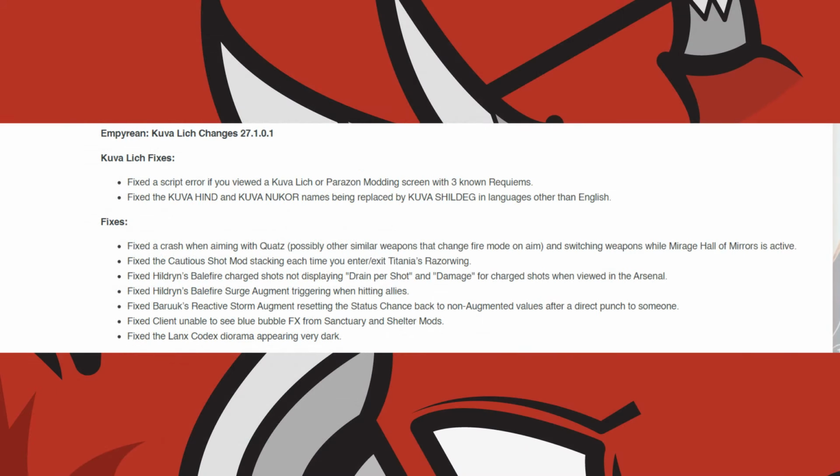Now 27.1.0.1 did follow this up later, and that made the following fixes. A script error if you viewed a Kuva Lich or Parazon modding screen with three known Requiems, the Kuva Hind and Kuva Nukor names being replaced by the Kuva Shield Egg in languages other than English, a crash when aiming with a Quartz and switching weapons while Mirage's Hall of Mirrors is active,